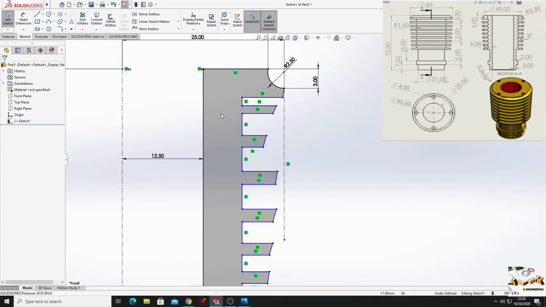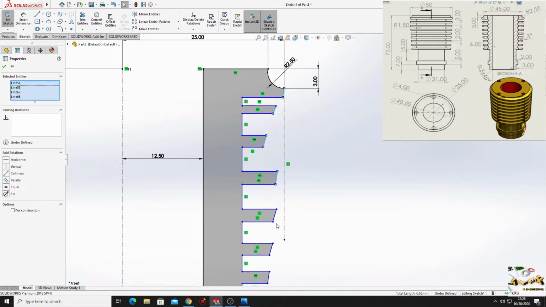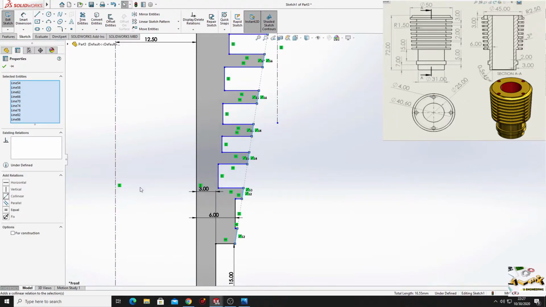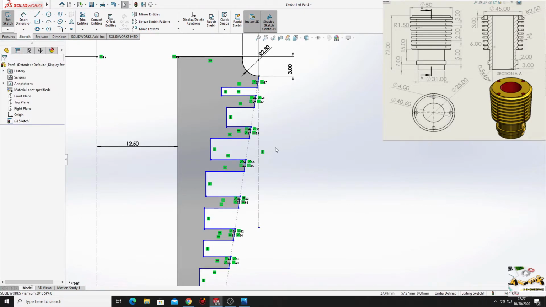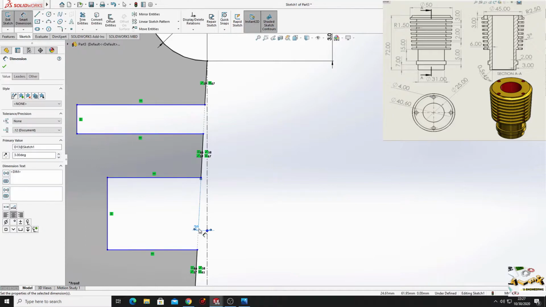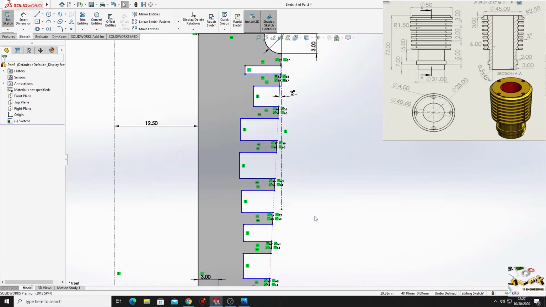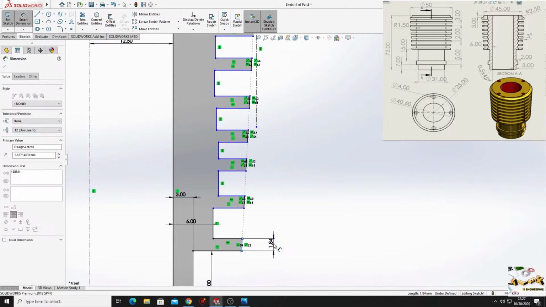And now we'll have to select all of these lines and we have to make them collinear. Okay, and make them equal, and now we'll give a dimension from this one to the center line. Here will be 3 degrees, the angle. Nice. Now this line will have 2 millimeters.